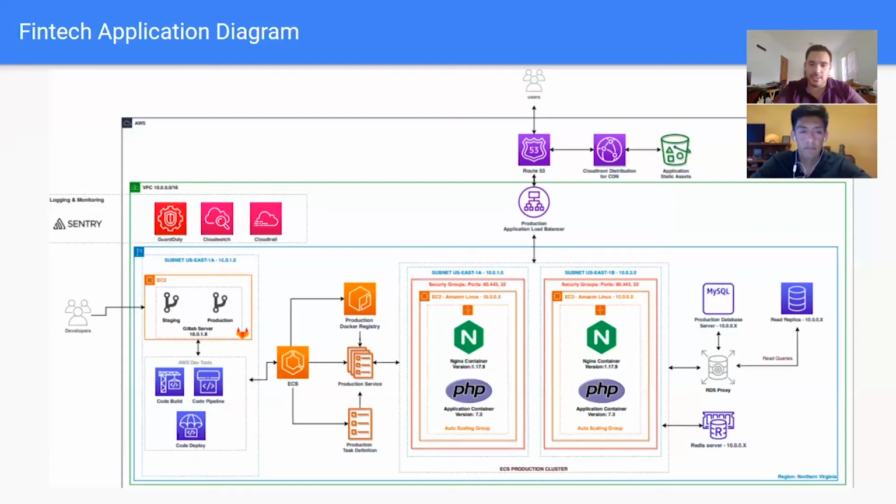ECS offers a graphical user interface inside the AWS console that Kubernetes, Docker Swarm, or any other orchestration tool would require to be installed inside the cluster. So ECS is easier to navigate, easier to set up, and faster in the implementation.